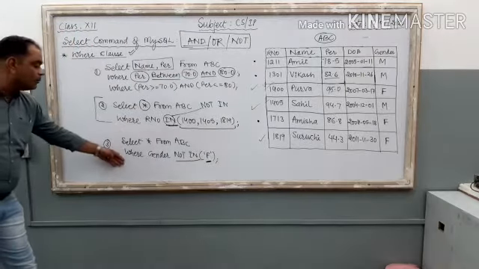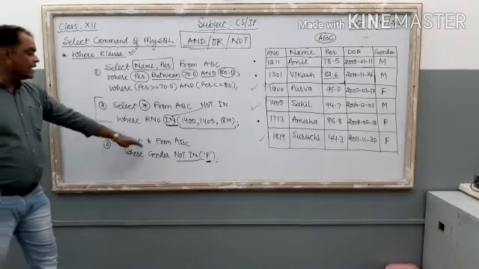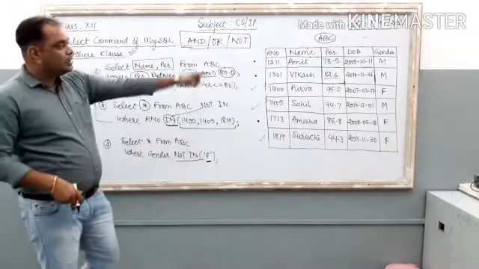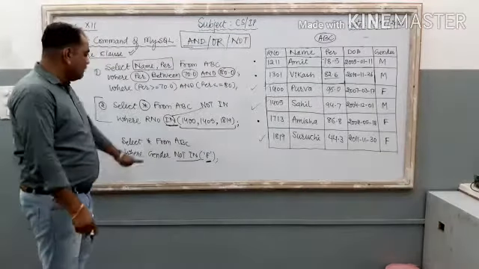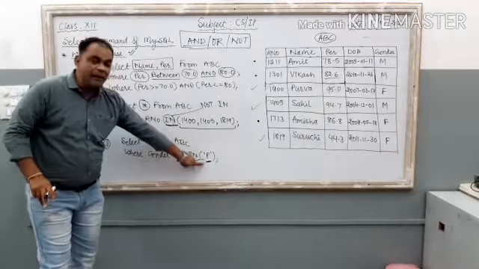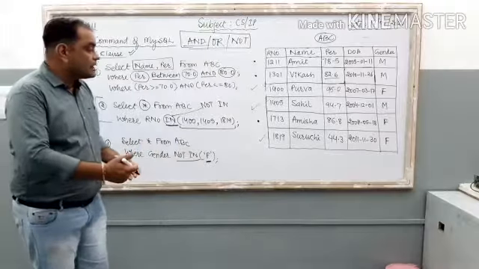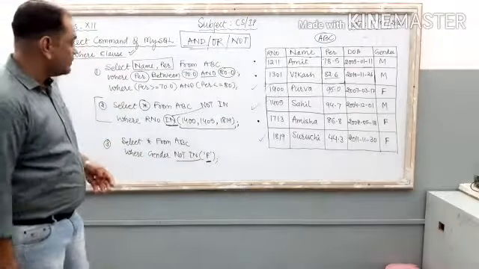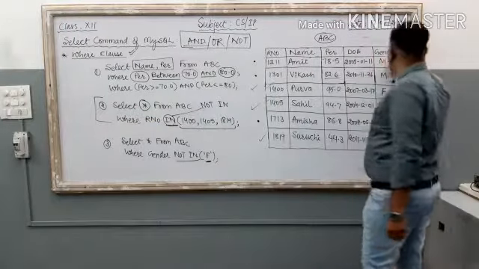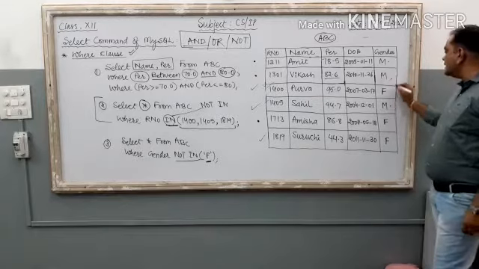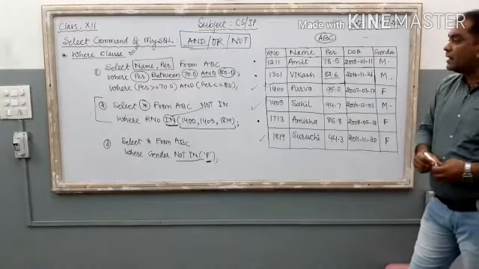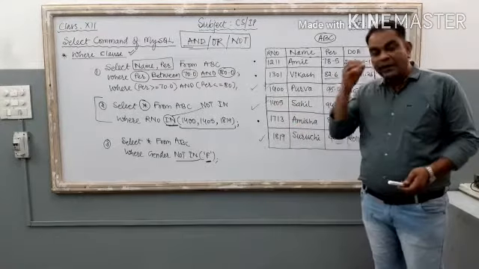Just try to find the output of this command. The third one, select star from ABC where gender. The command is based on the gender column, the last column of the table, where gender not in F यानी female. Gender जिसका female ना हो वो records आपके सामने आने. Gender not in F means male records. This one, this one and this one, these 3 records will be there on the monitor. Clear? These are the 2 operators between and in and not in.